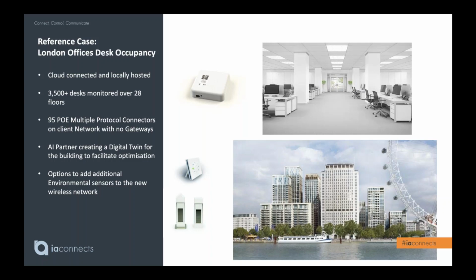within the building. So the initial use case, as I said, was for desk occupancy. This data was sent up to a third-party application. In this case, it happened to be iOffice, and that data was then used for desk and room booking and managing that against the occupancy rates. The additional phases are likely to be looking at indoor air quality and smart lighting. So two of the things mentioned in the previous poll, and they're also potentially looking at adding power over Ethernet